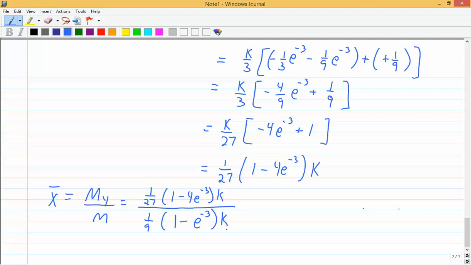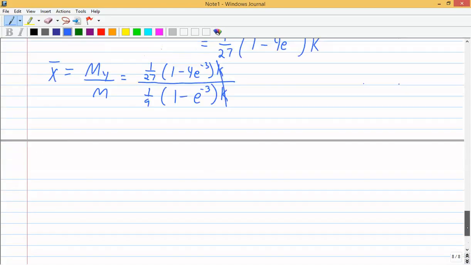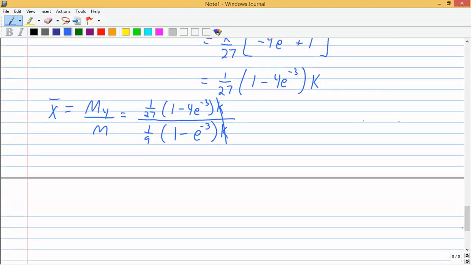Alright, you'll see there's some things here that are going to cancel out. You know, you have a fraction over a fraction, so of course, since I'm multiplying here, you can just flip and multiply that. Also, the k's cancel out. Okay? The k's cancel out, okay? So that's going to be, when you flip and multiply, that's going to be 9 over 27. So that's what? 1/3